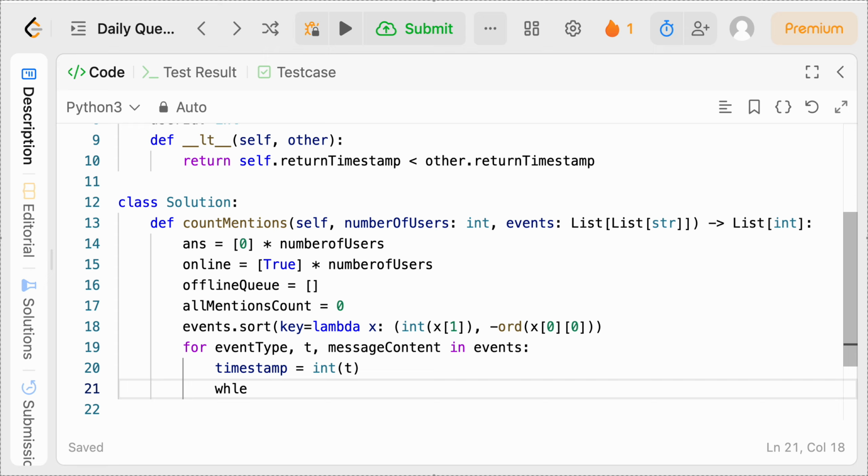Now, while the offline queue is non-null, meaning while offline queue. In Python, we could say equals true, but we can just say while the offline queue, because that basically just checks while it's non-null, while it still has elements to actually pop off, and offline queue at index 0 dot return timestamp